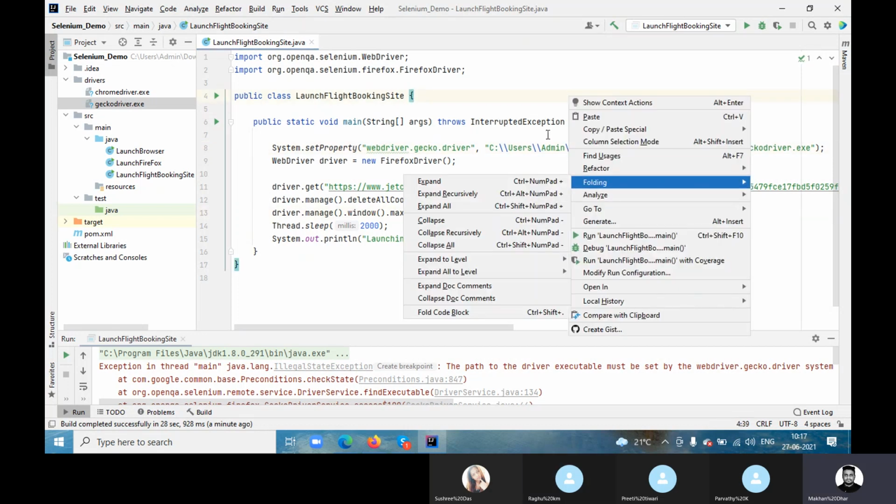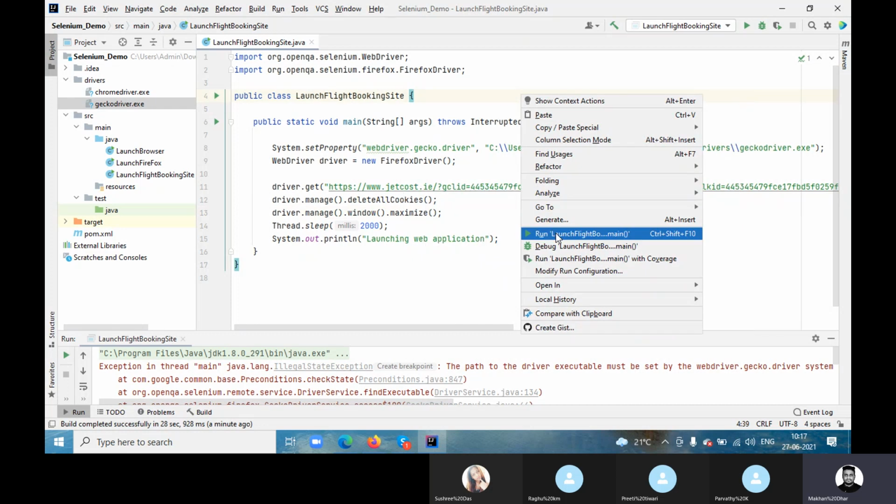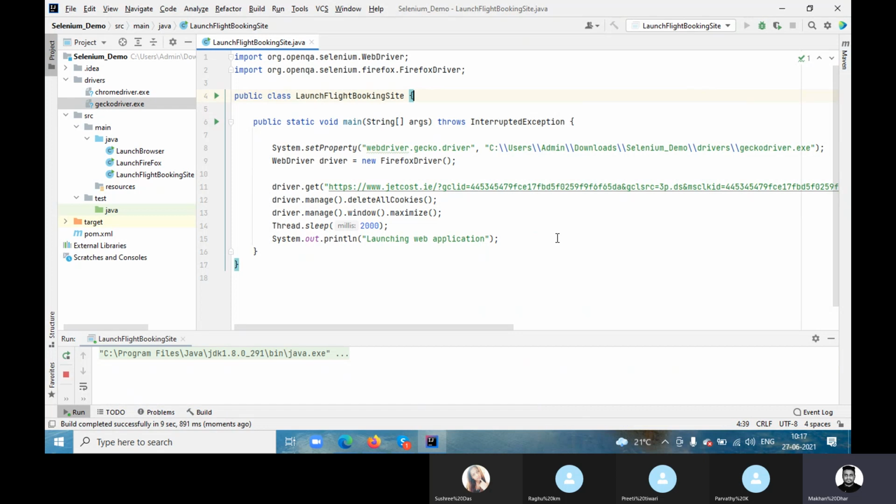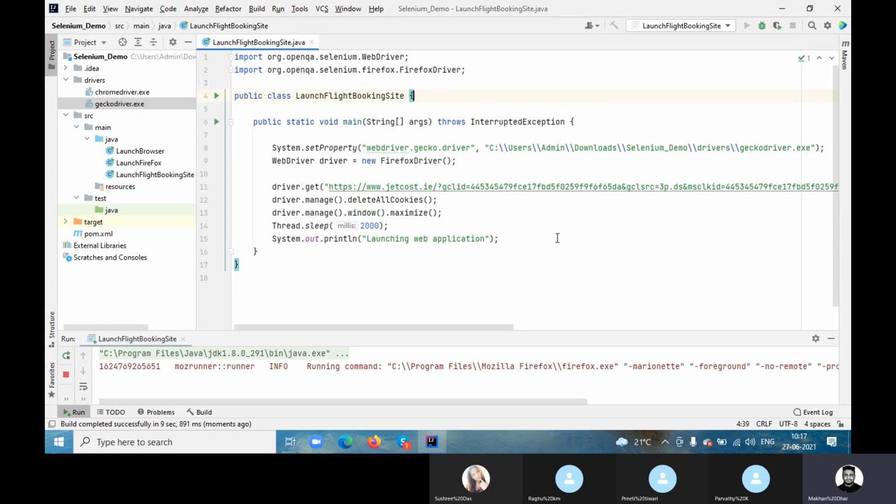I am not checking my other code and all, because of that I wanted to see the issue. Let's run now and see.